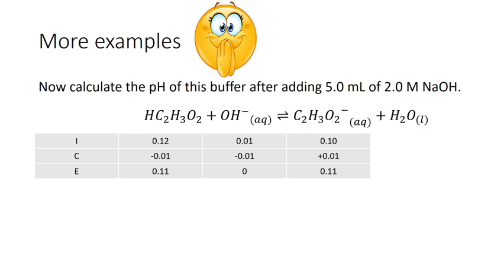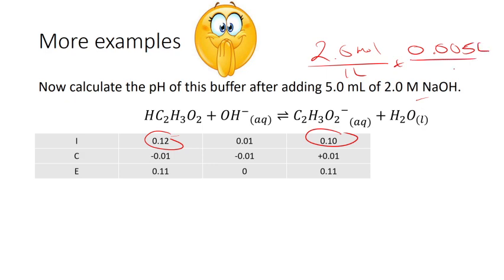From the last problem, the concentration of our acid was 0.12, the concentration of our sodium acetate was 0.1, and if we multiply 2.0 moles per 1 liter times 0.005 liters,